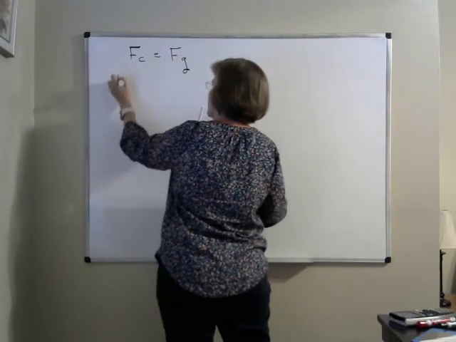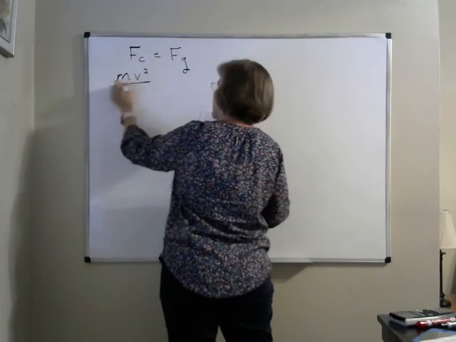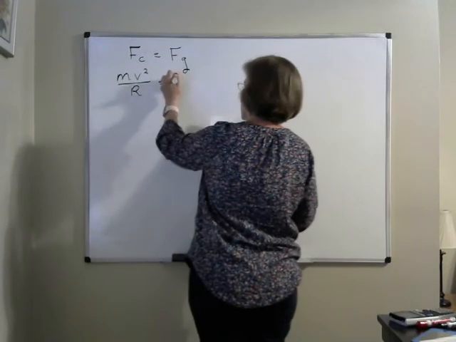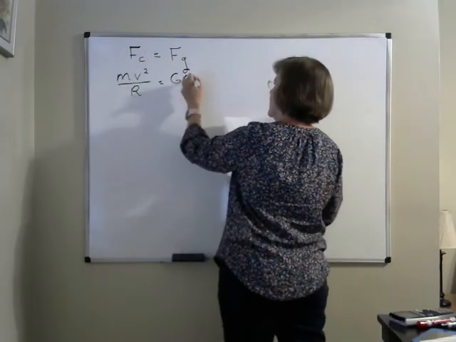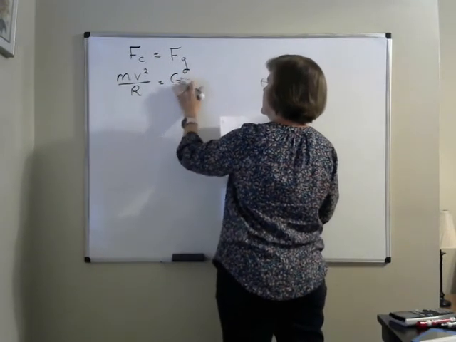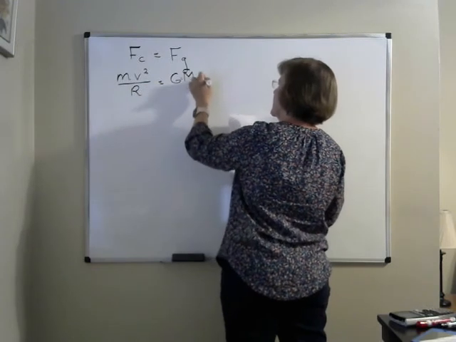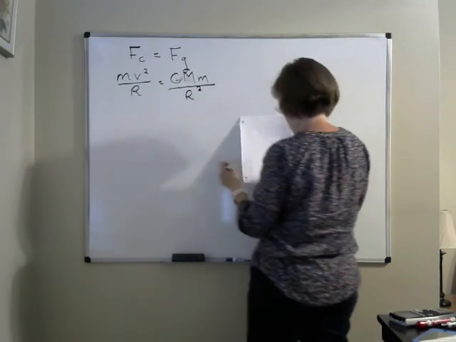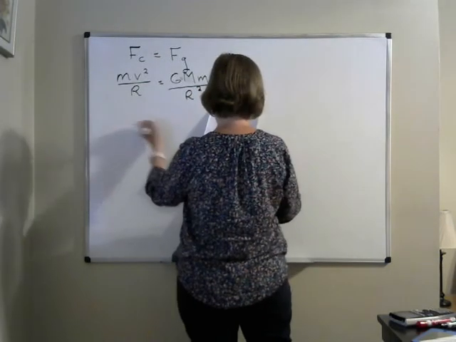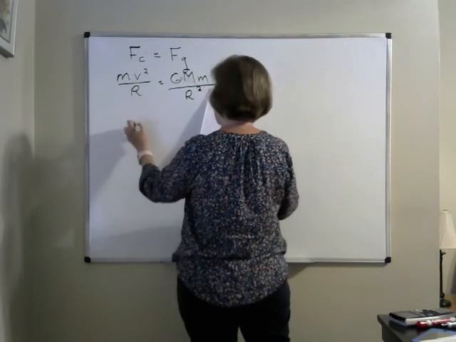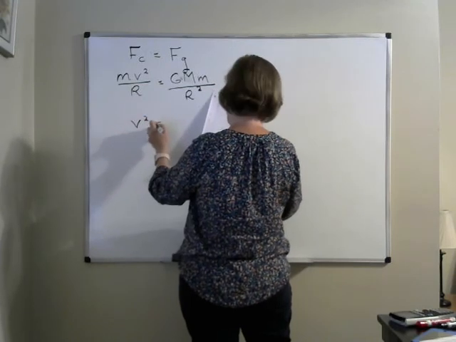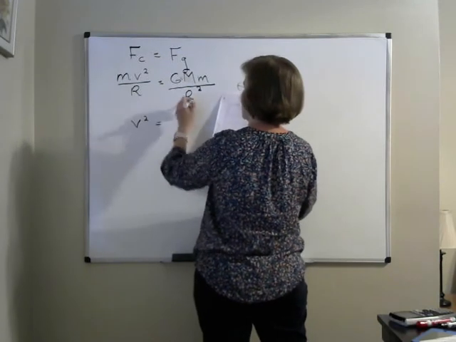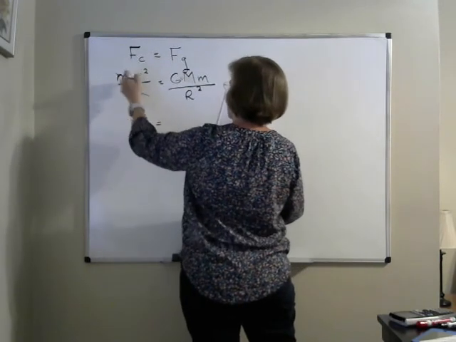The centripetal force mv squared over r is equal to capital G, big M for the planet, little m over r squared. And we played around with this, so that v squared is equal to, cancelling the r and the m,